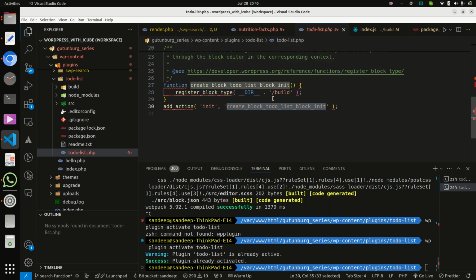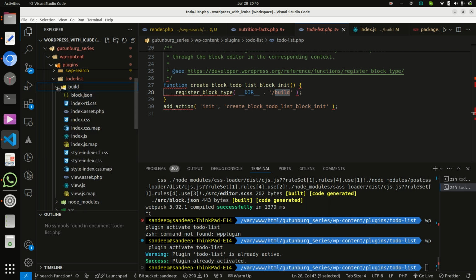So it is adding the block, and the block build files are inside here. All the code will come after we run npm start. All things are managed from here, but we do not change anything inside here.